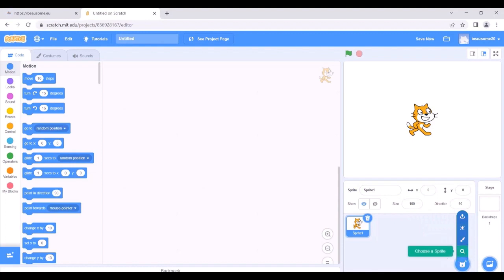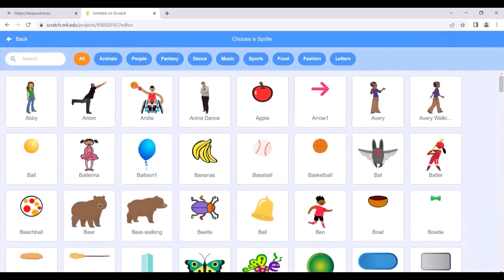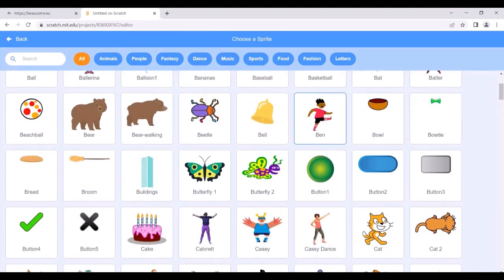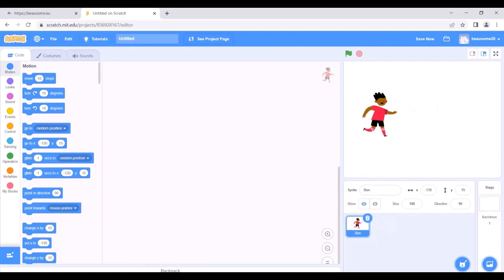We will search a sprite by clicking choose a sprite. Then you can choose your own sprite. So for example, I will choose Ben. So click on Ben and Ben will be added to this area. Then if we want to delete the sprite one, which is the cat, we can click on it and then press the delete button. Then we have only Ben.